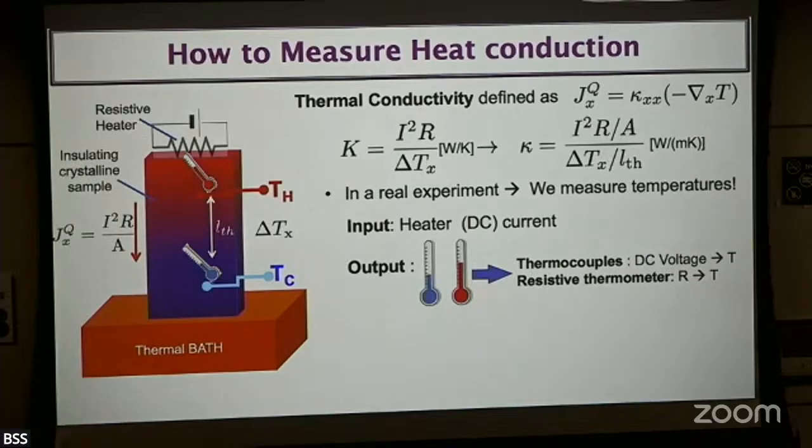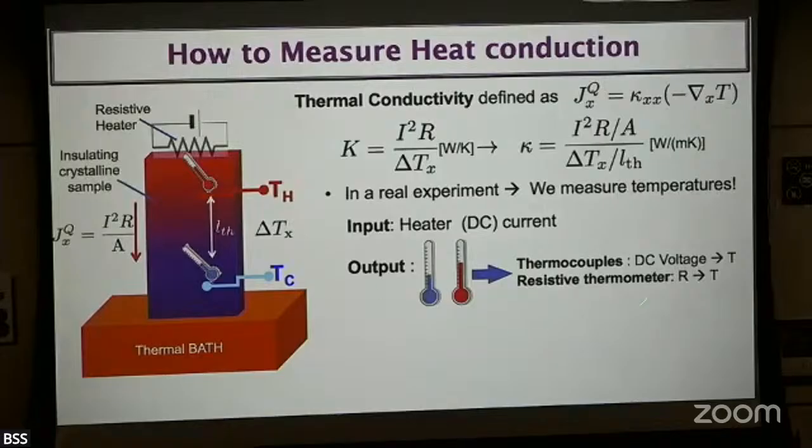So here, remember, our body is very sensitive to heat flux, but in instrument-wise, we did not measure heat flux directly. What we do is we put in the heat, what we think it is, all that heat goes into the sample, and then we measure the temperature difference. So the input is DC current, but the amount of heat is not directly measured. We just assume that if this is 1 kilo ohm and I put in 1 milliamp, there was 1 milliwatt going in. And that's why vacuum is very important.